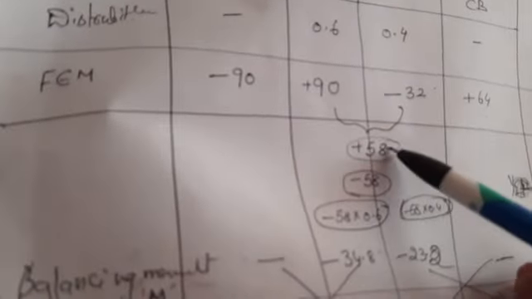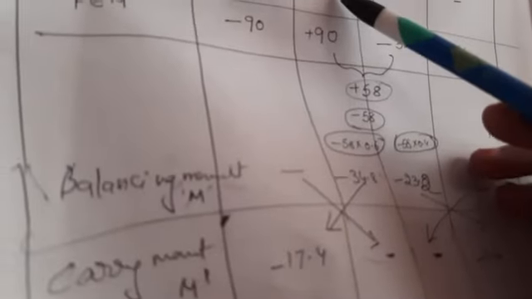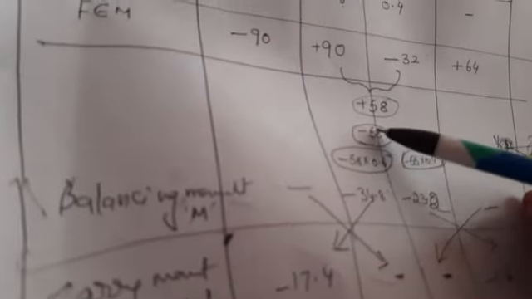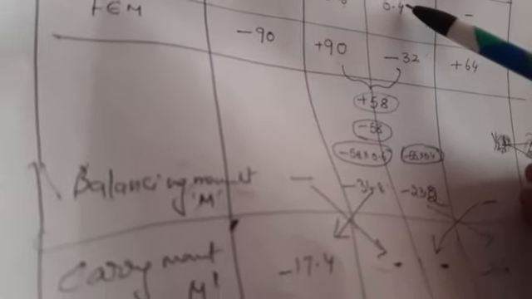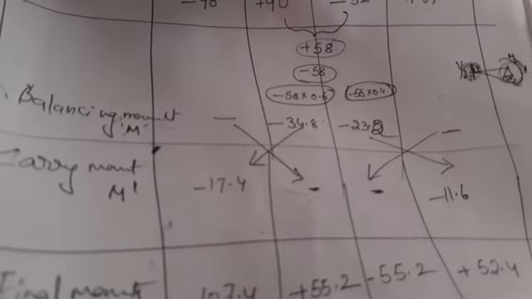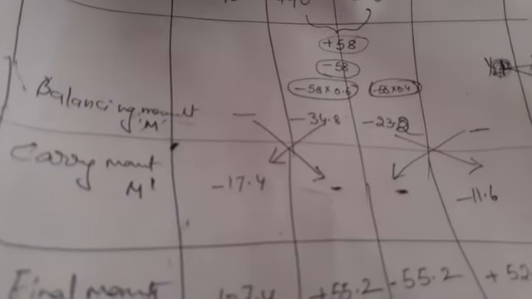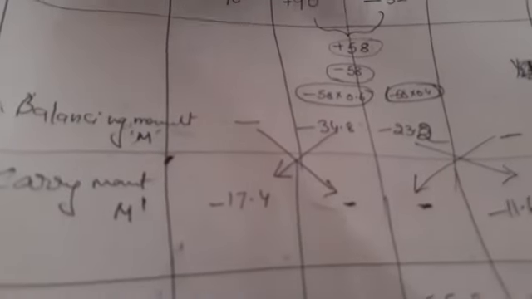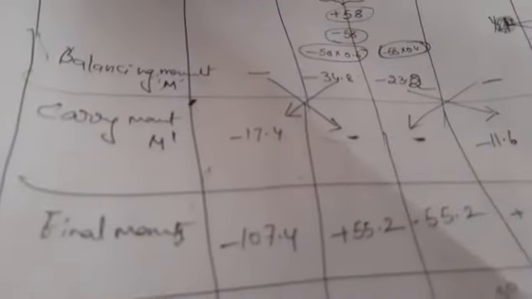Then next we take BA minus BC value. If we get some positive value, we take it as negative to balance it. This negative value must be multiplied with the BA distribution factor, and this negative value will be multiplied with the BC distribution factor. Then we get the balancing moment values. Once we get the balancing moments, next we go for the carryover factor. The carryover factor will be half of the distributed moment, in the opposite direction. If we got the value at BA, then at AB it will be half of it. Then we calculate the carryover.